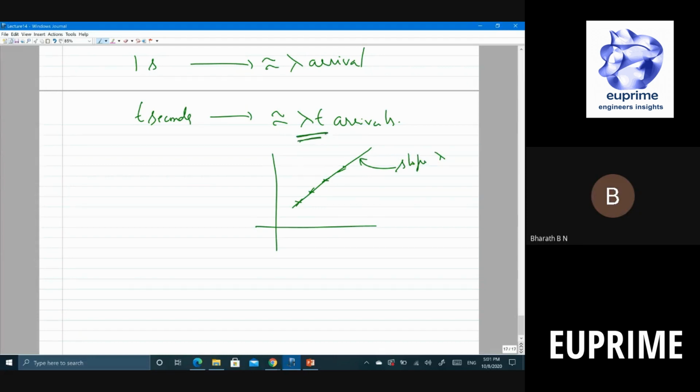Then they said the average should be lambda t, and looked at a few other statistics to see which distribution fits. How do I write this as a probability distribution? It turns out that it is Poisson. Poisson is one way of describing it. We will look at these things, whatever I just mentioned, in a slightly more rigorous fashion very soon.